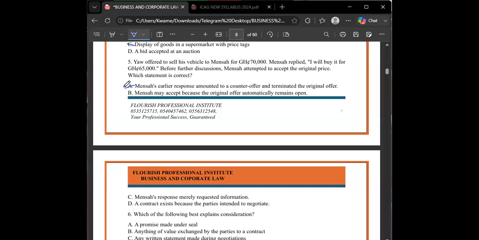That's what happens when we go to the market to buy. The seller quotes the price, you also quote the price. So you cancel his offer and make a new offer. He cancels your offer and makes a new one, back and forth like that. That's a counter offer. Each time a counter offer comes on the table, the original offer is cancelled, and it's up to the other party to accept the counter offer or put another counter offer. That's what we are seeing in question 5.